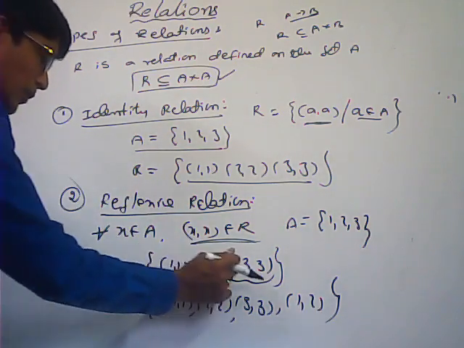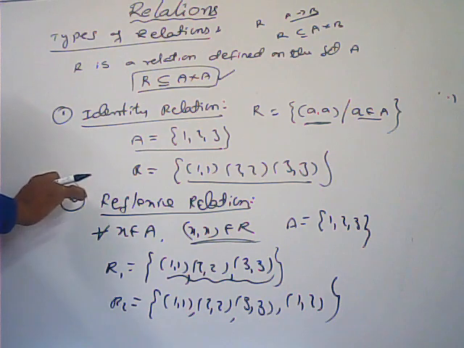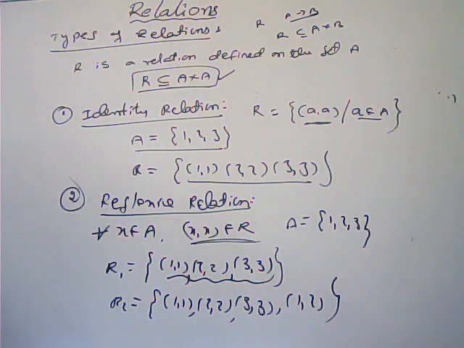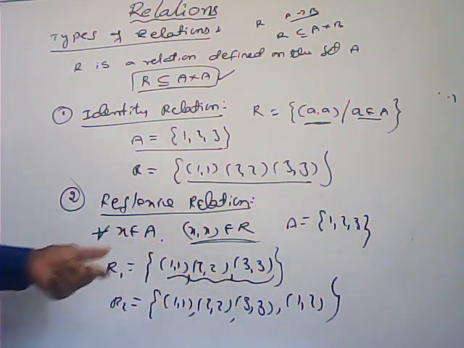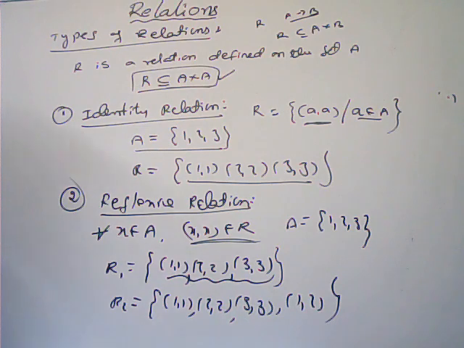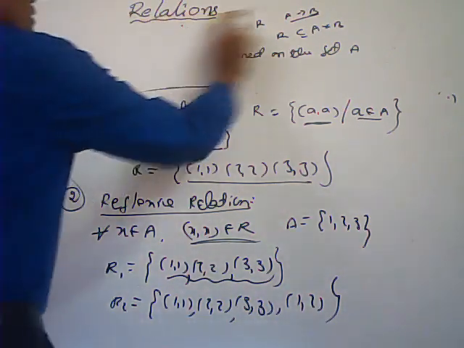Only these 3 equal ordered pairs, that one we say is an identity relation also. Every identity relation is a reflexive relation. But a reflexive relation, along with the equal ordered pairs, may or may not contain unequal ordered pairs also. In the last, I will tell you how many reflexive relations there are. That one also I will explain. Next,